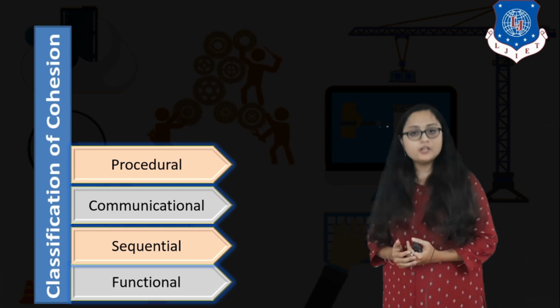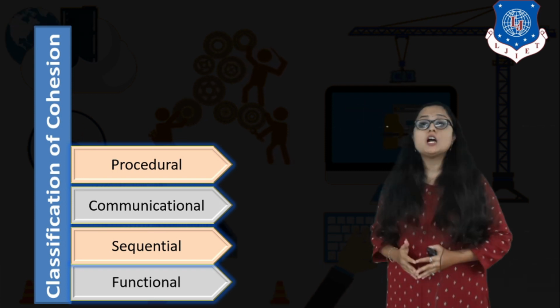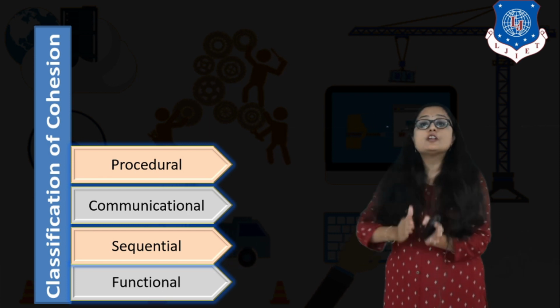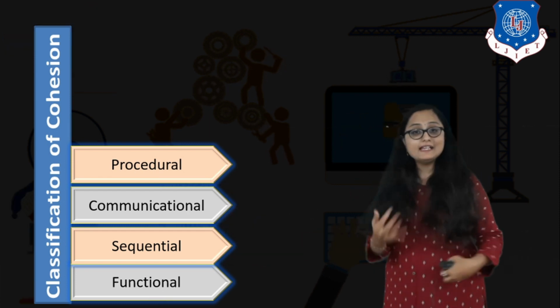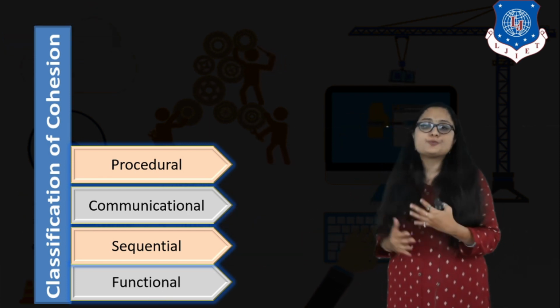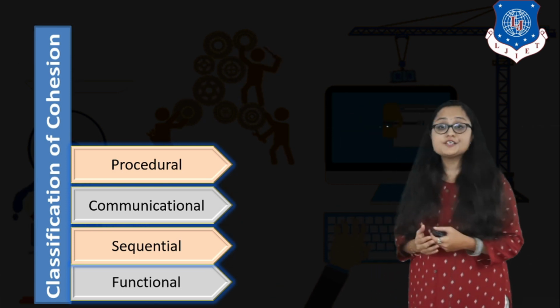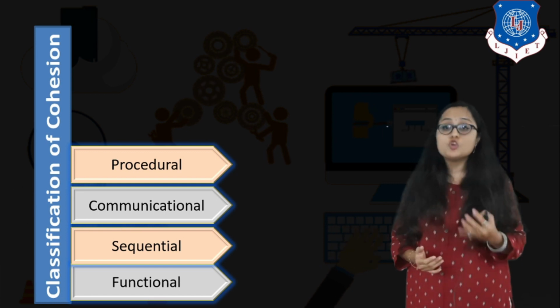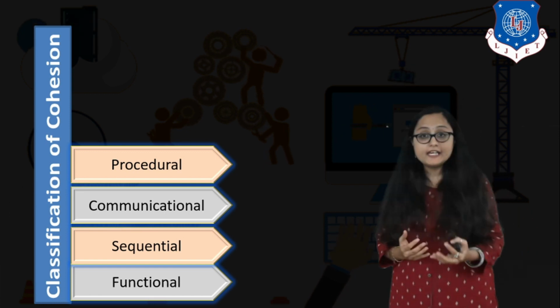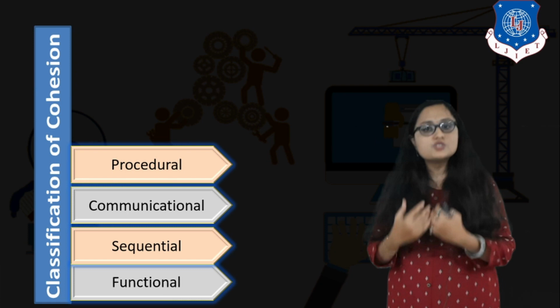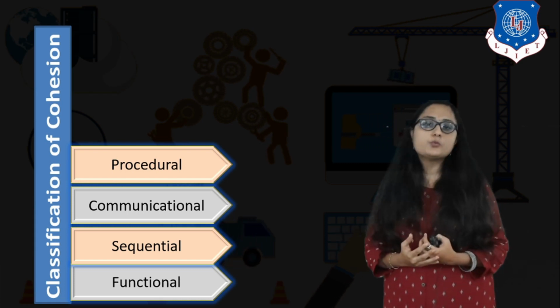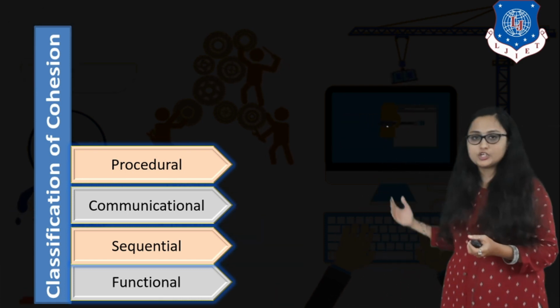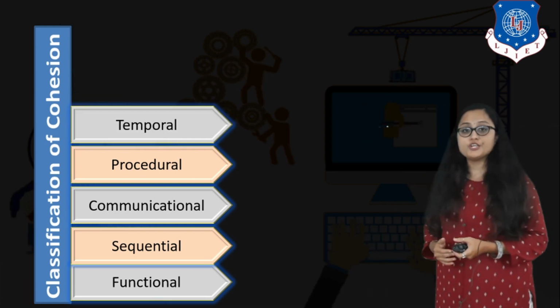For example, if you are having a program for decoding any message, then that algorithm is known as procedural cohesion. Next, if you are applying some logic, for example, checking the file permission before using it, then that sort of sequence is also known as procedural cohesion. Okay, the next type of cohesion is temporal cohesion.